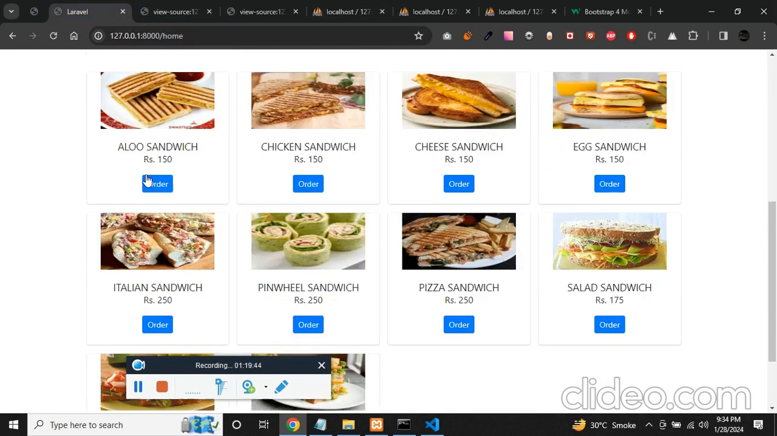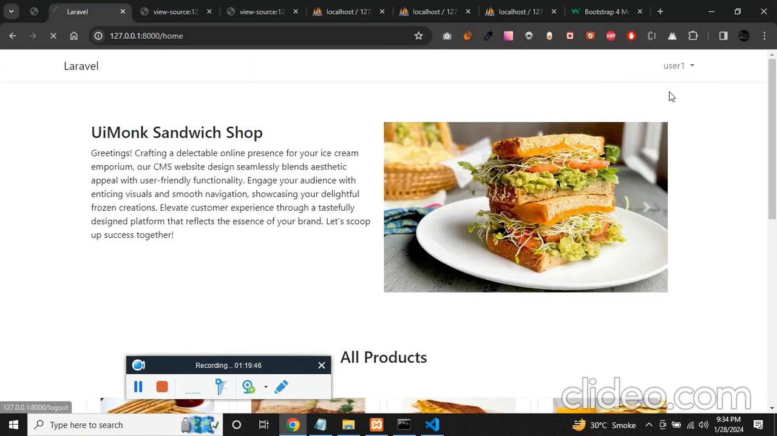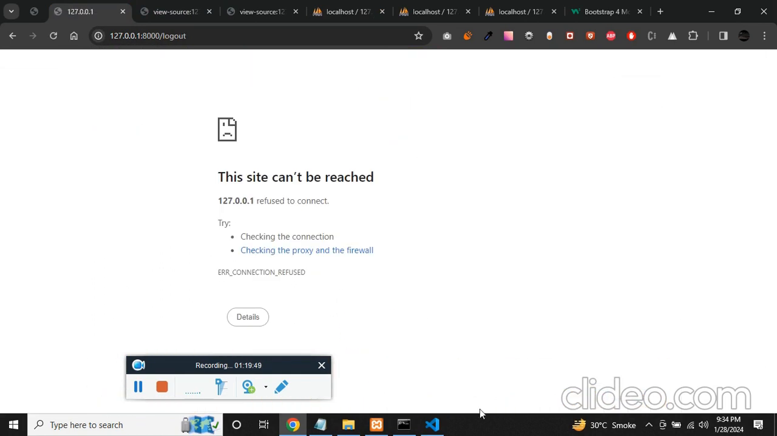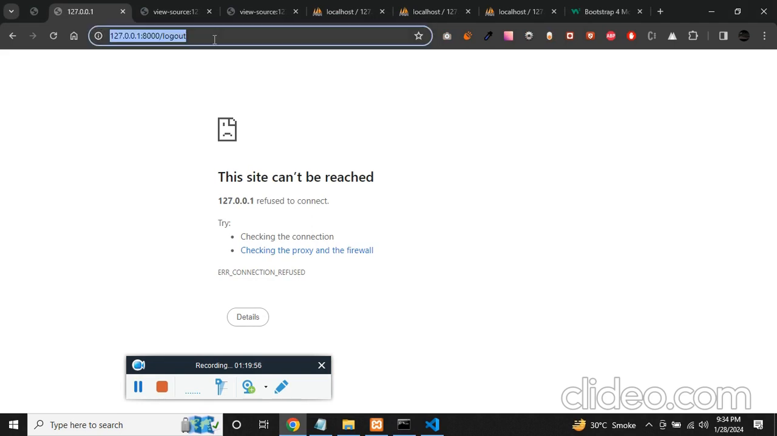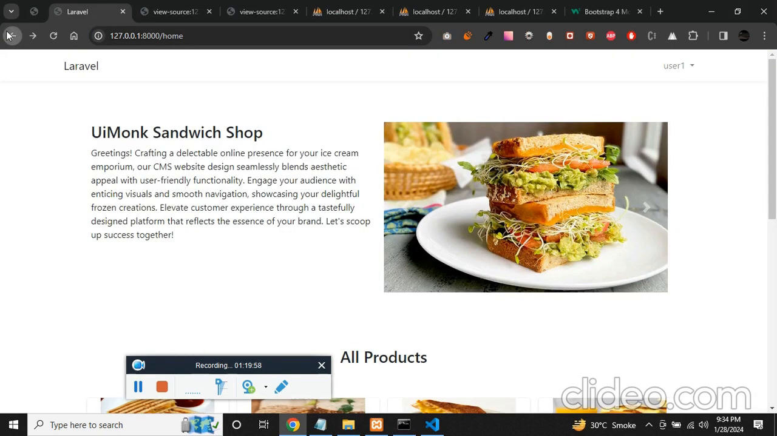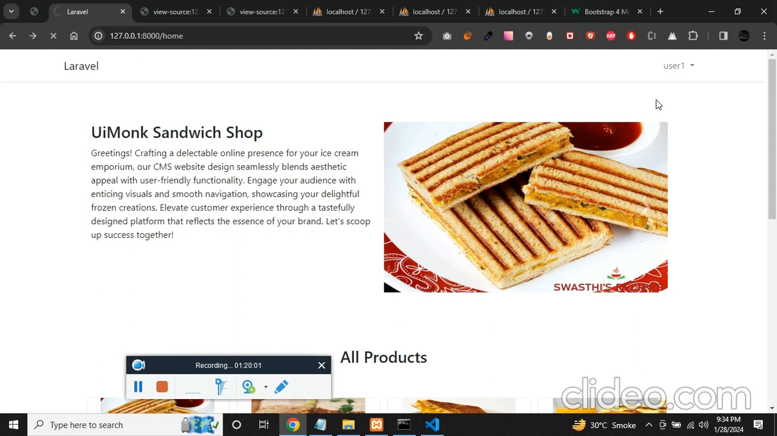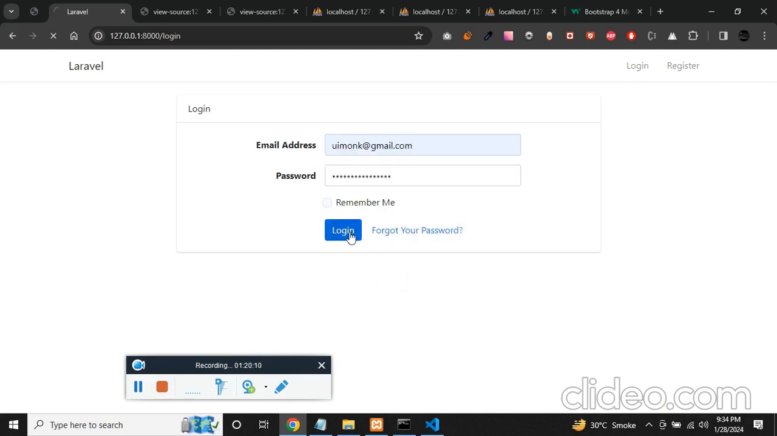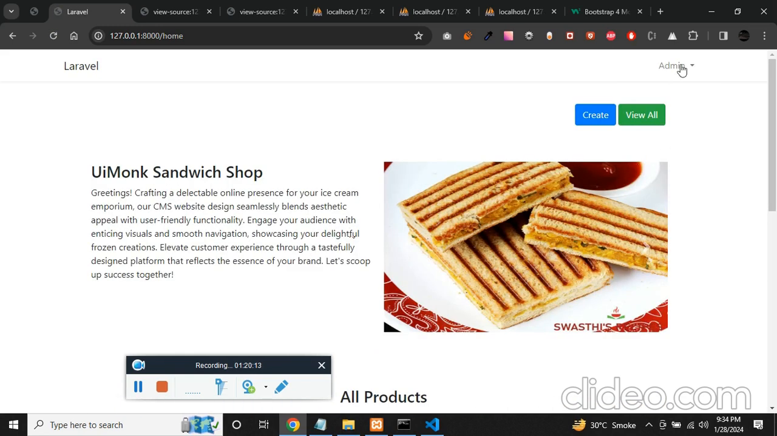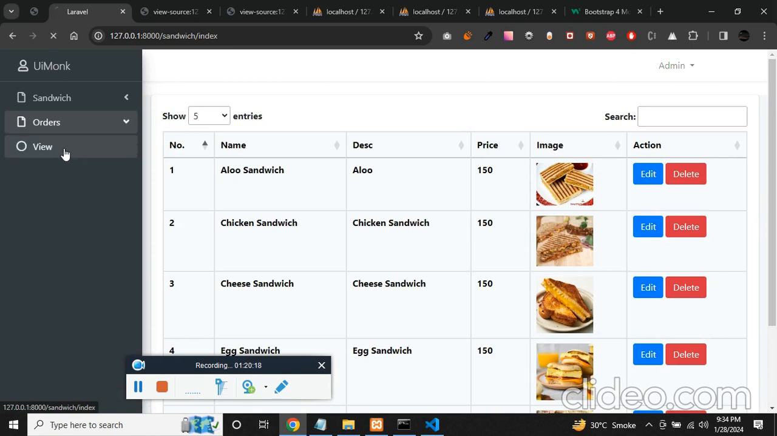order in the, as you are an admin now, let me just log in as an admin, and in the sidebar you should have the order. Log out. Now log in as an admin. Click on login, and now if you click on view, you'll see an order. If you click on view,